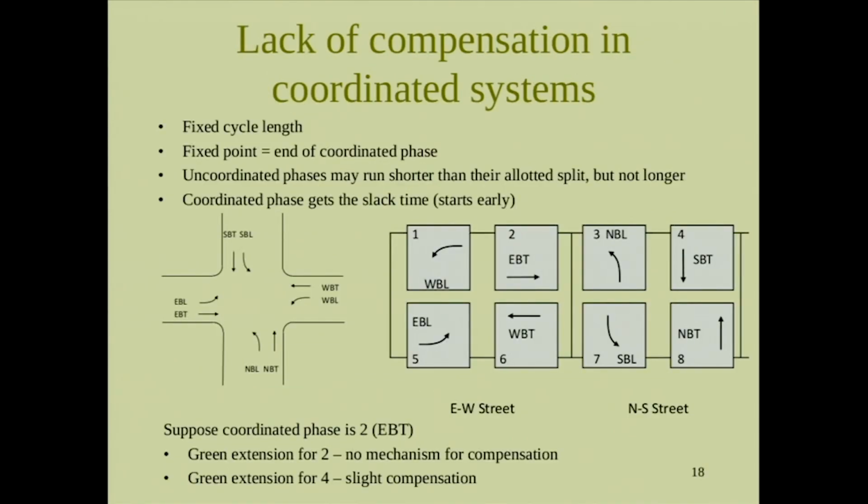But then there's another way of doing control, another basic paradigm for control, which is coordinated control. In the US, I'm showing the most basic paradigm, which is the dual ring with 8 phases. I'm not including right turns because right turns usually don't have their own lights. The right turns just go with the through movements. And with coordinated control like this, we have EBL, that means eastbound left, westbound through, WBT. So the east-west street has its time.